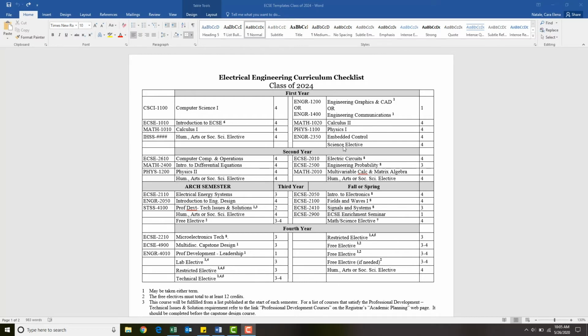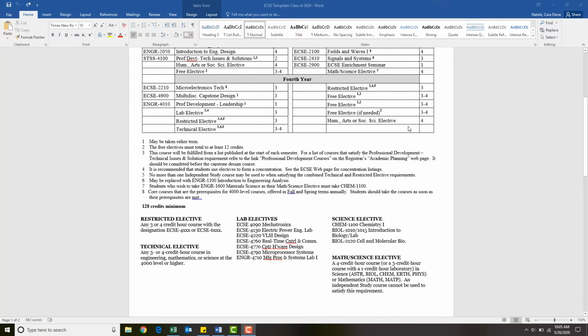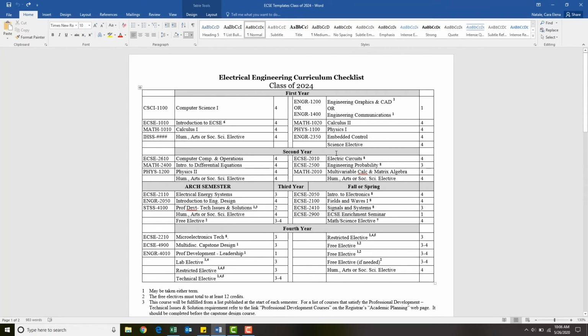Then you'll see here that you have to take a science elective. In these cases where it looks a little bit vague as to what could potentially fill that requirement, just scroll down on your template. Here we can see that your options for the science elective are Chemistry 1, Intro to Biology, or Cell and Molecular Biology. Pretty much no one takes Cell and Molecular Biology because that is a very challenging class, so stick with Chemistry or Biology if you don't already have some credits there.